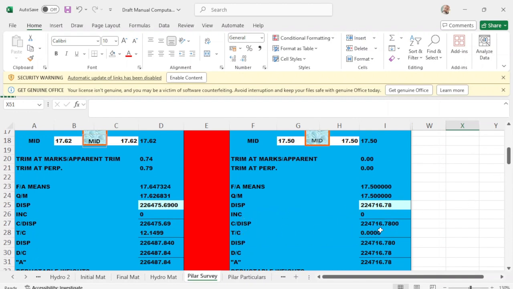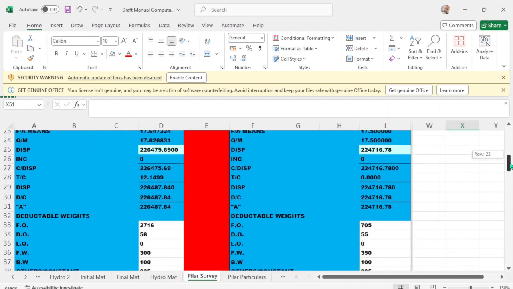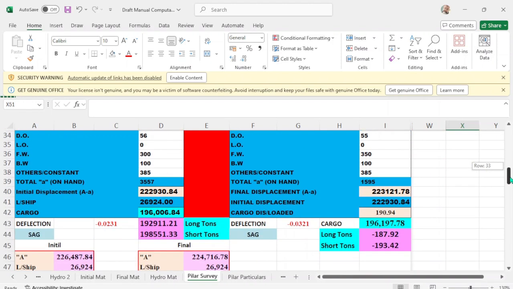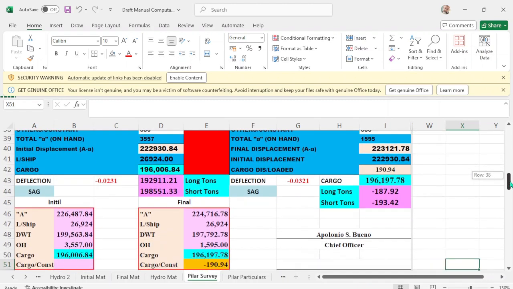This will be your corrected displacement. There's no trim correction, and for displacement you apply the density correction, then your true displacement. This is your on hands, your final displacement minus your initial displacement, and this will be your cargo. Okay, so I got here the same value.